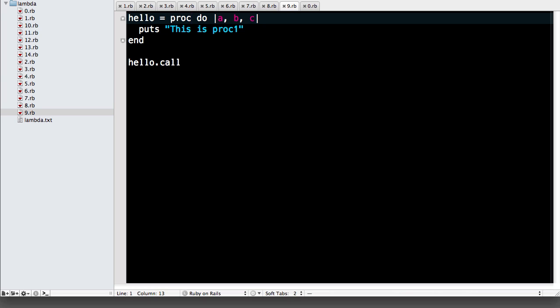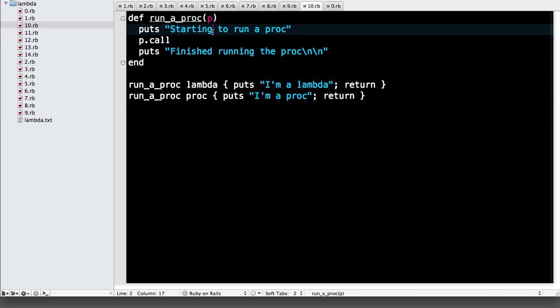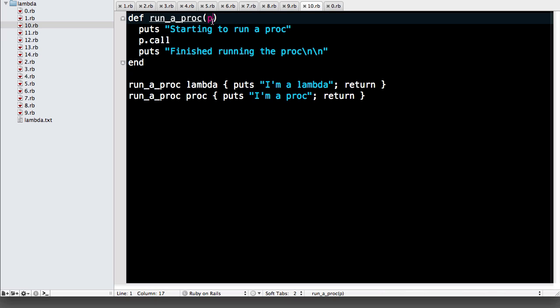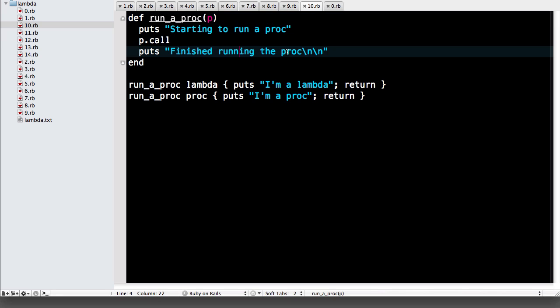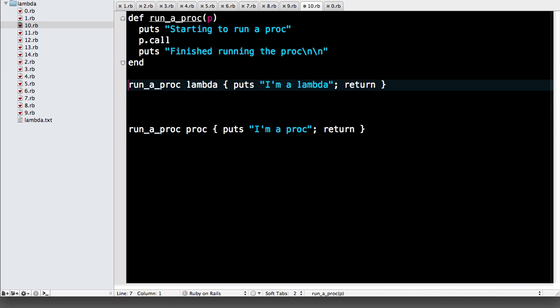So again, another really quick demo. What I've got here is I've created a single method called runAProc. It accepts a proc, comes in as P, and what we do is we literally print to the screen at this point, we're going to start running a proc, we call the proc, and then we say we finish running the proc. So if we break this up a little bit,